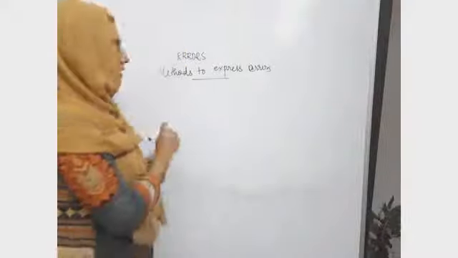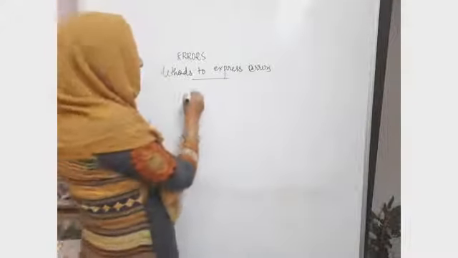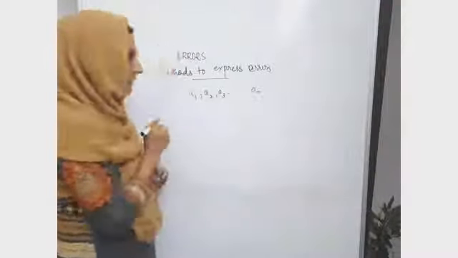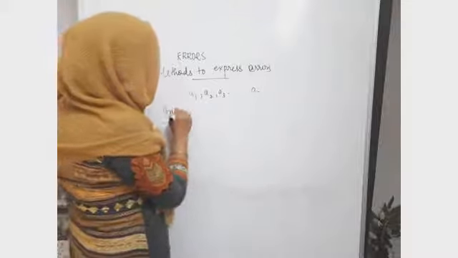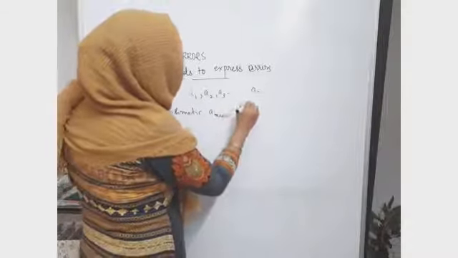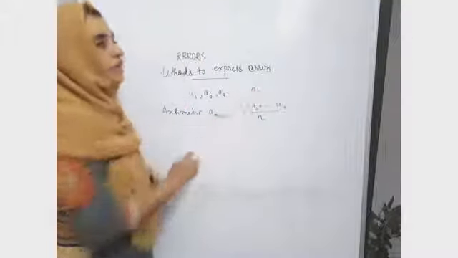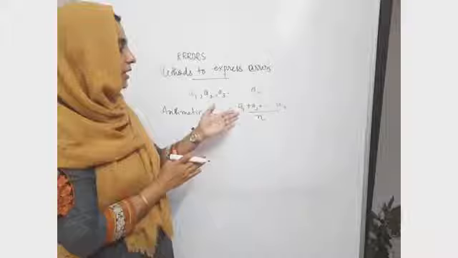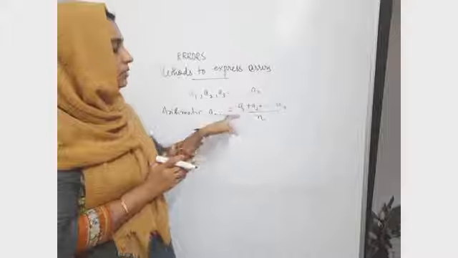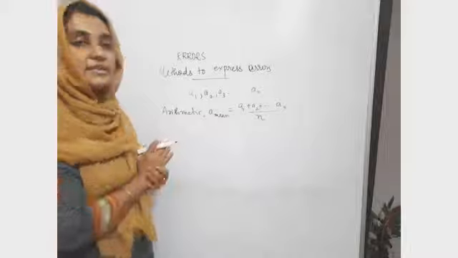So first let us see how to calculate the arithmetic mean. It is the usual method where if you have a set of observations A1, A2, A3, etc., An, then the arithmetic mean A mean is equal to A1 plus A2 plus A3 etc. An divided by the number of observations, because we have taken n set of observations. If it is 10, then you have to divide by 10. If it is 20, then you have to divide by 20. So A mean is equal to A1 plus A2 plus etc. An divided by n. Let us express this in sigma notation.